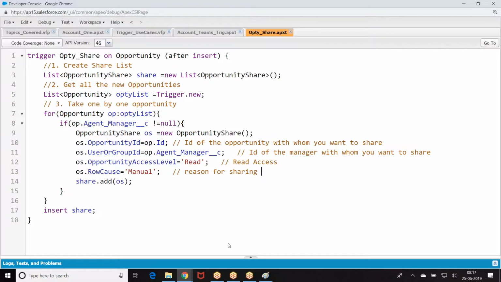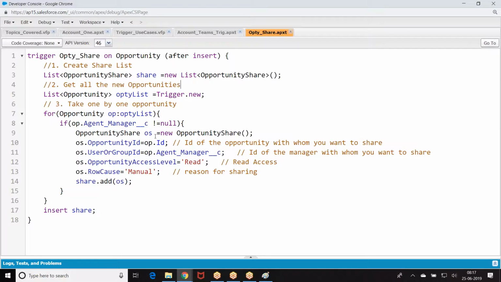The data in trigger.new can be used, no problem. If you want to modify the data in trigger.new, I need to go for a SOQL query. Nowhere am I modifying the data in trigger.new. I am using the data in trigger.new to create a child record. If you try to modify the data in trigger.new, I require a SOQL query and DML operation. Here, I am not changing the data in the opportunity. I am trying to create a child for an opportunity. Right? Okay, thank you.